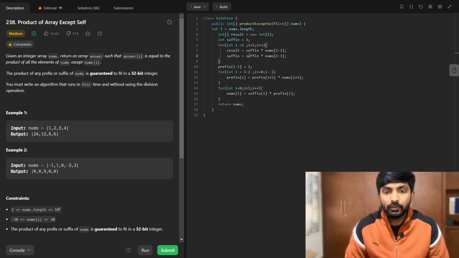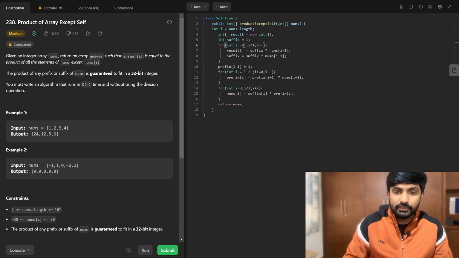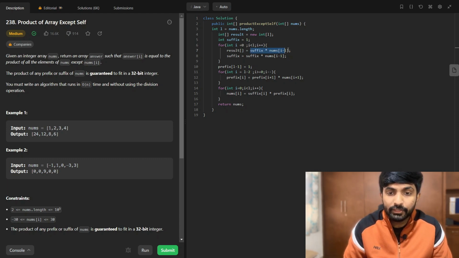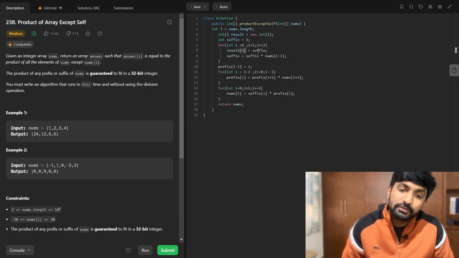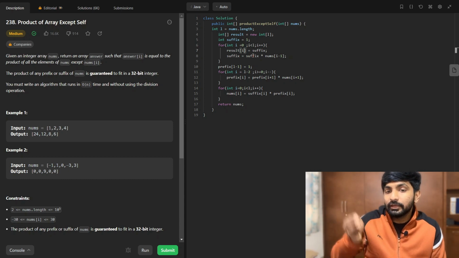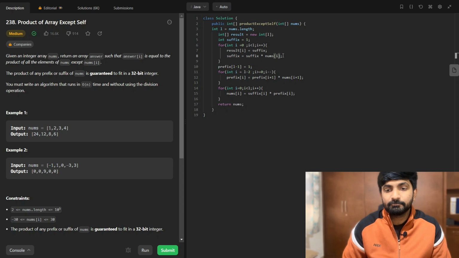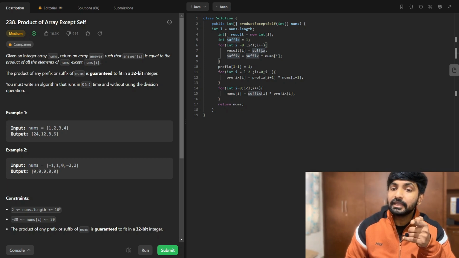Suffix is equal to result of, we can start from 0 itself here, we can start from 0 and we can update the suffix here, right? And so 0 suffix would be 1, right? For the next element, we are calculating the suffix, where we are updating the current suffix with the current element itself, right? Current suffix with current element, such that it gets assigned to the next element